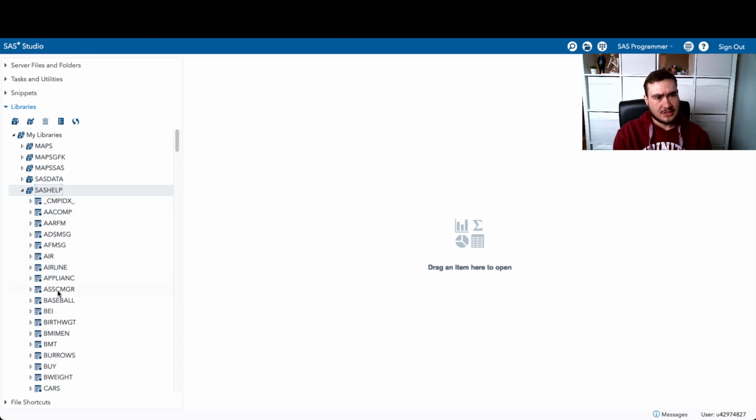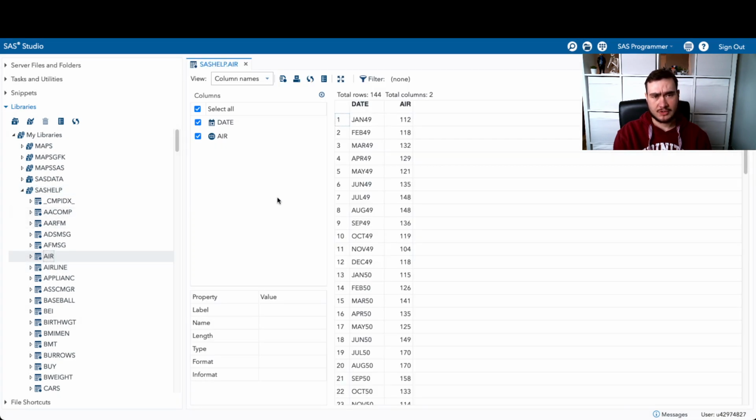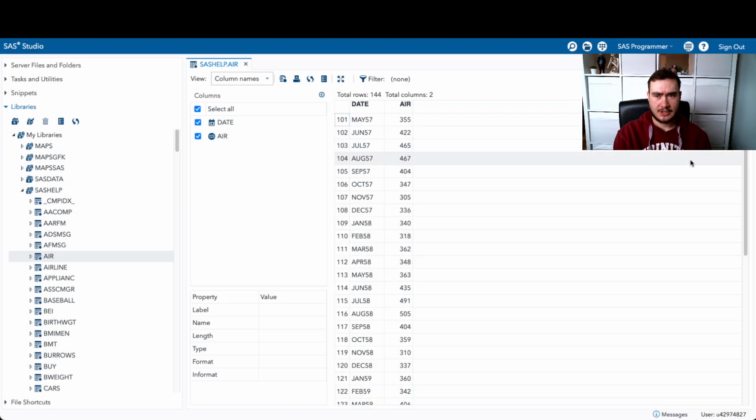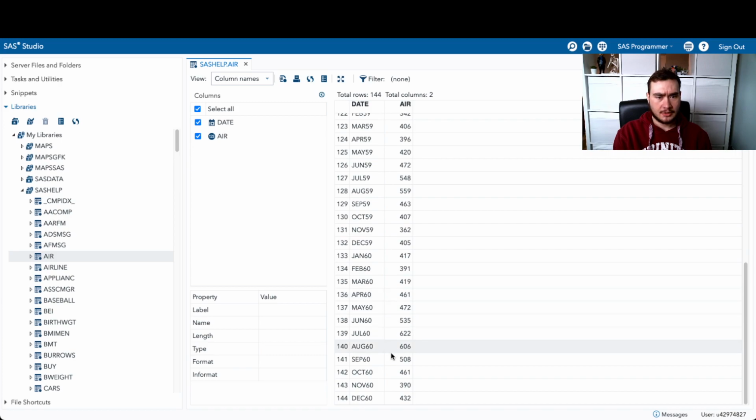Within this SASHELP library, there's a bunch of sample files, as I've said. You can double click these to view them. For example, if we want to look at AIR, which I believe was an air quality index table, that's from January 1949, and I think they collected it over, there's 144 rows. SAS only displays 100 rows at a time, so we'll advance to the next one. I'll scroll all the way down. So they've got it from 1949 until 1960. There's an air quality